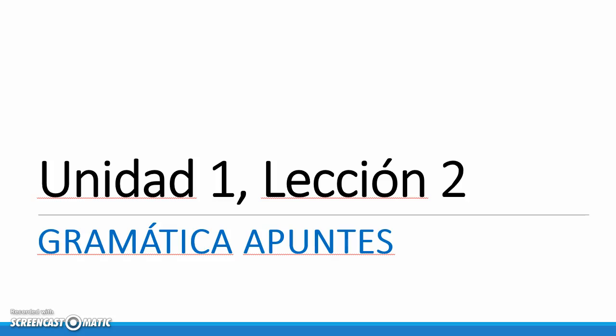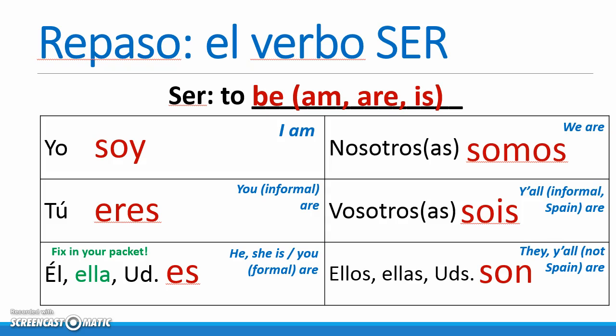Hola, hoy estamos en Unidad 1, Lección 1 del libro de texto Avancemos. Vamos a empezar con un repaso del verbo ser. Ser significa to be y tienen que conjugar el verbo según el sujeto: yo, tú, él, ella, usted, nosotros, vosotros,